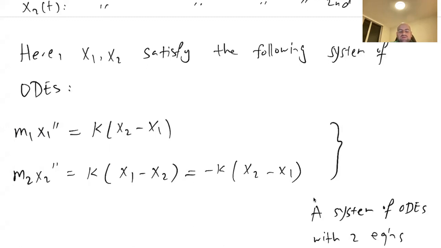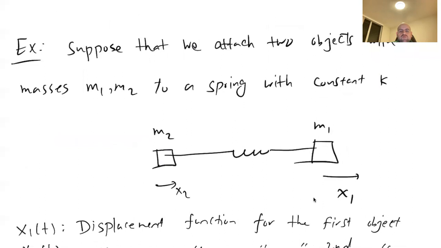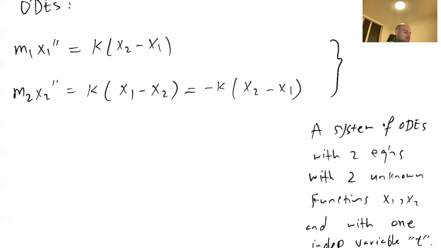Practical examples: in practice we could have a spring with two objects attached to it. Therefore, we'll have two displacement functions, and the goal would be finding those two displacement functions at the same time by solving the system of ODEs, because x1 and x2 are connected together, and their ODEs are also connected. So we have to consider the system and the equations at the same time and solve for x1 and x2